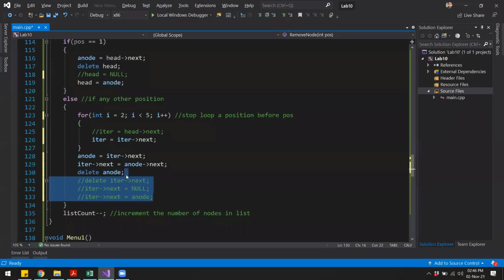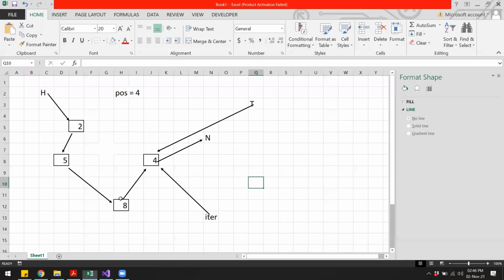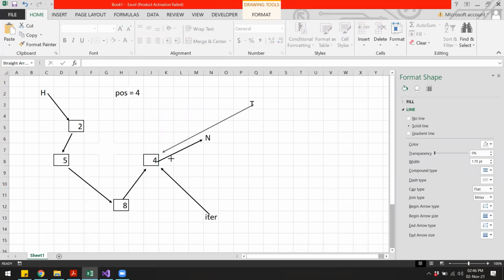So what we can do over here, we can say, if this is the last node in the list, then you make the tail pointer point to the same location where the iterator is pointing, right?